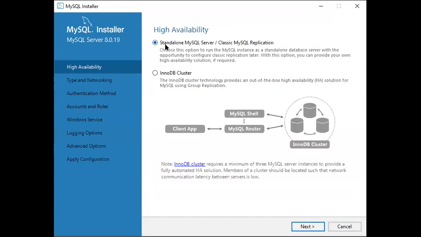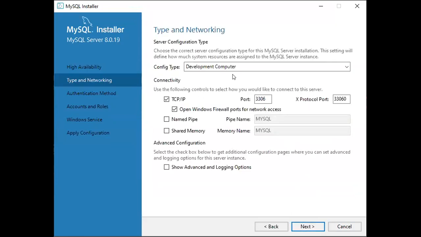So then it will ask for a standalone MySQL server. Yes. So that means, do I want a standalone MySQL server or a cluster? Of course, all those things we don't want. We want a simple thing. So whatever the option is there, let it be. Don't change that option. Click on next, and it will ask for different configurations.